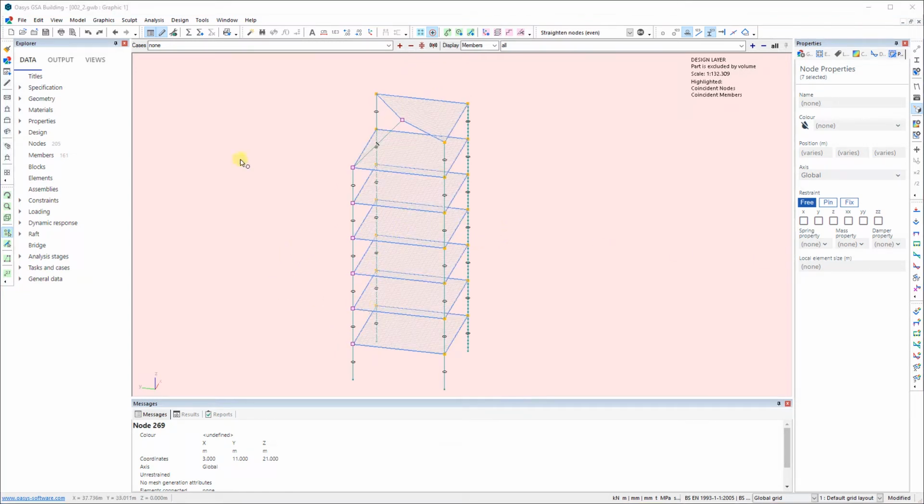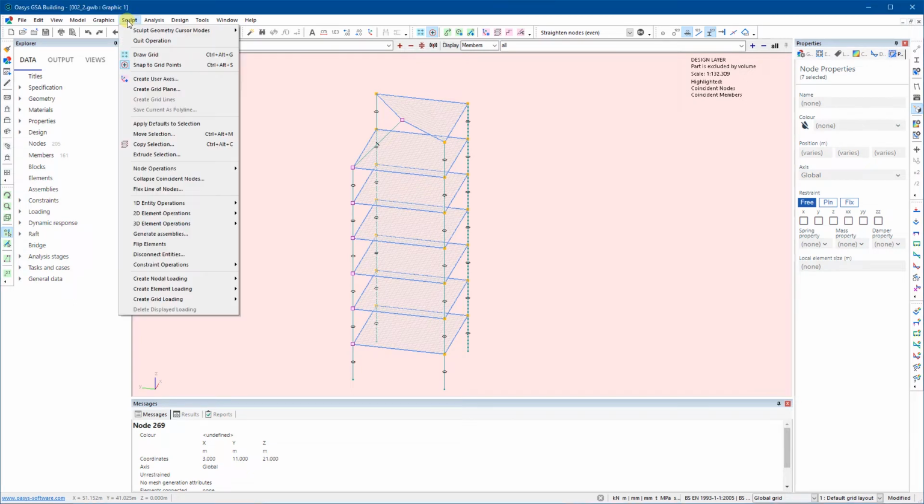So what we do now, if we go to the Sculpt menu, so again, sculpting is modification, as the name suggests, you're sculpting the model. Then there's a whole series of options in here. You might want to look over them to see what can help you in terms of creating your models. But if we go to node operations,